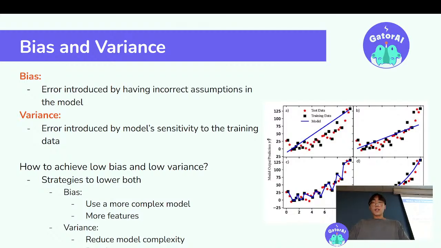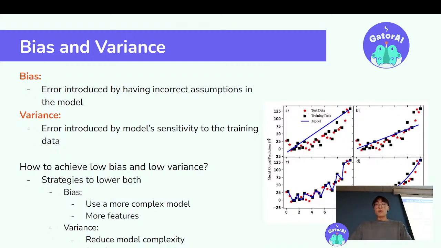All right. So essentially what you said was correct. A and B are high bias, essentially because they have a straight line, and they're assuming that they can make a straight line that fits this data. But as we can see, it actually has some sort of curved component. So when we're trying to use that straight line to predict the values, we realize that it's not able to capture the true relationship between the inputs and the outputs.